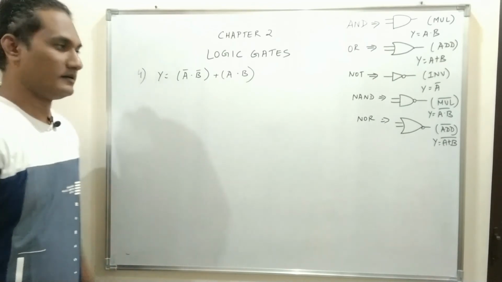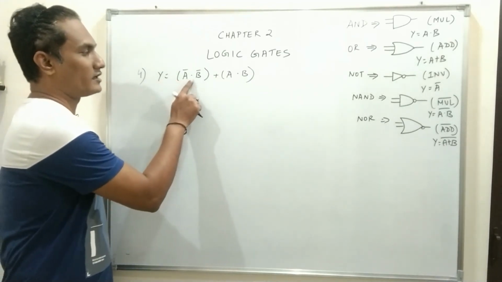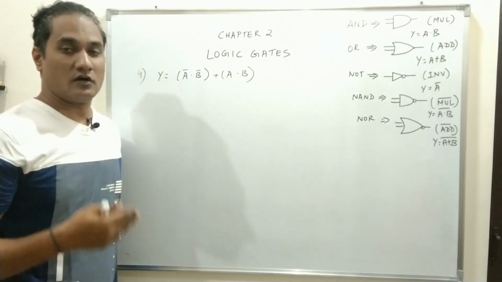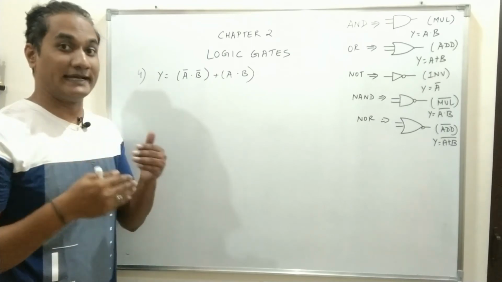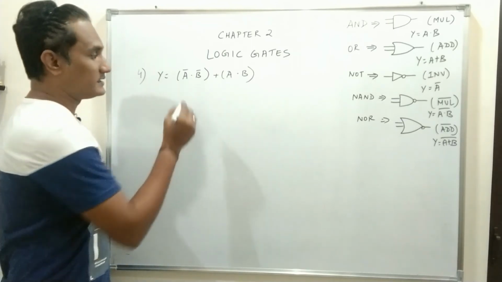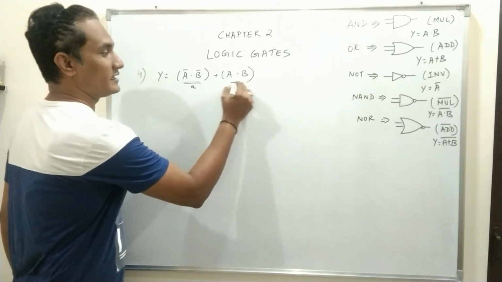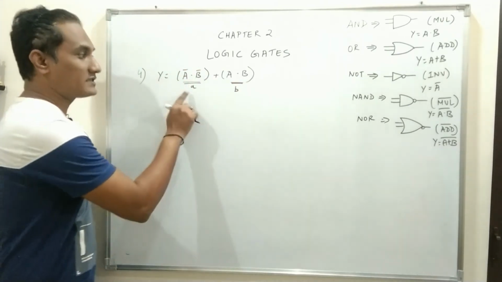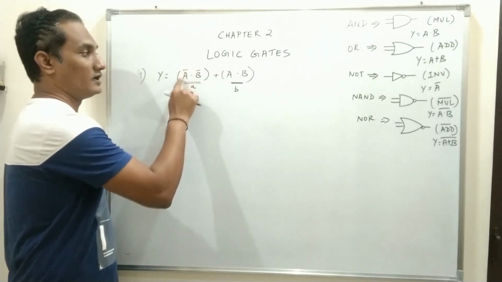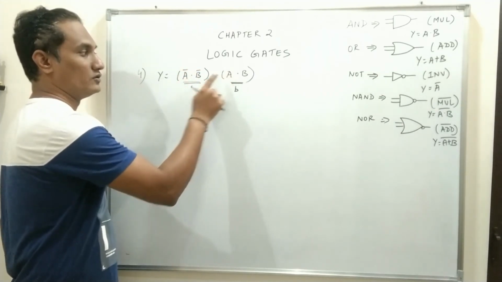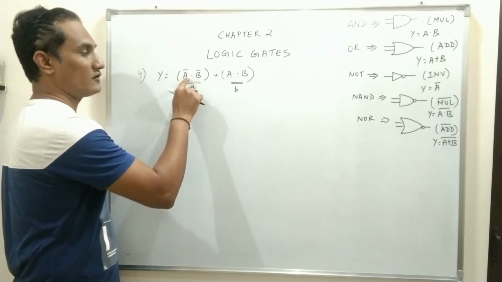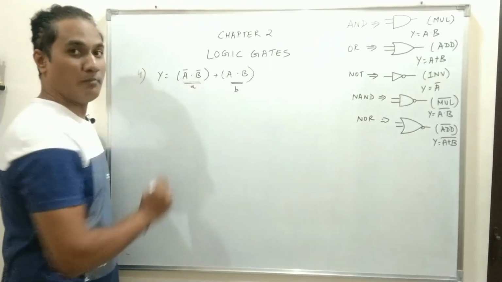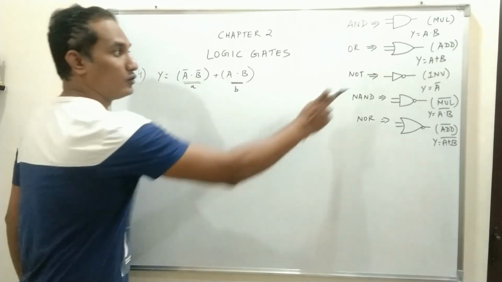Next example will be Y is equal to A bar dot B bar plus A dot B. Now you have already done 3 problems, so you should get an idea of how to design a logic circuit. As I said, this will be expression A, this will be expression B. A and B are connected by an OR gate. First you have to open the bracket, any one of these two. So you have to solve one bracket. When you solve this bracket, you have two variables and both variables have a bar sign, a complement sign over them. And how do you get a complement sign?